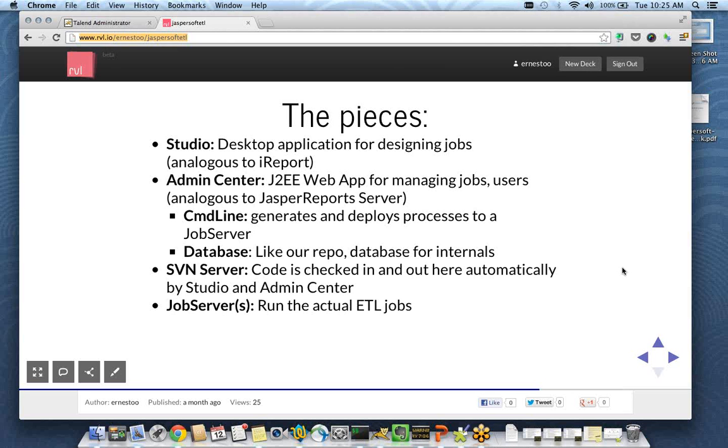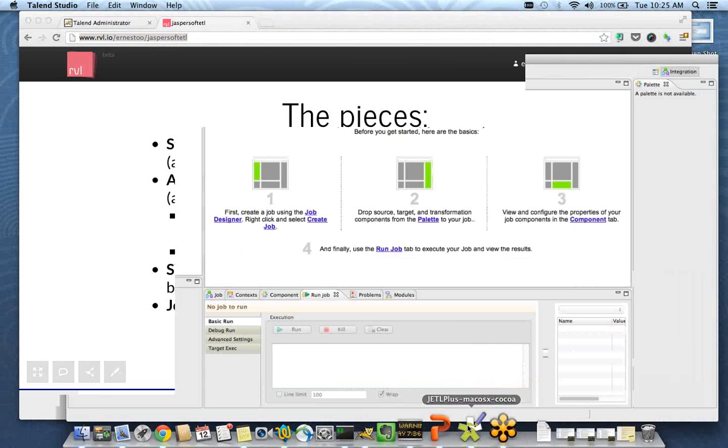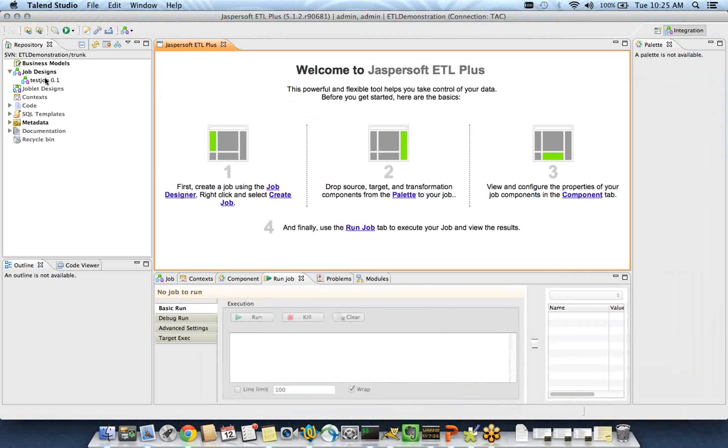And so that's not distributed with Talend or Jaspersoft anymore. So what you have to do is add that driver to your class path, or you can use the open source MySQL driver. So I'll just open up Jaspersoft ETL,